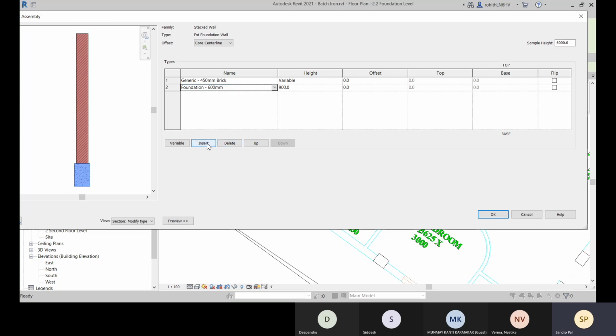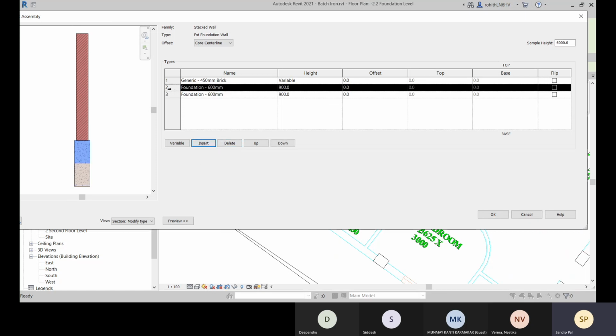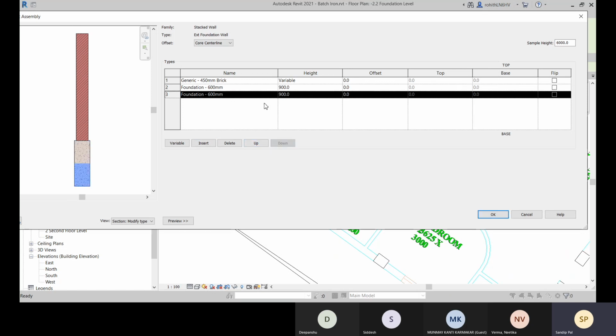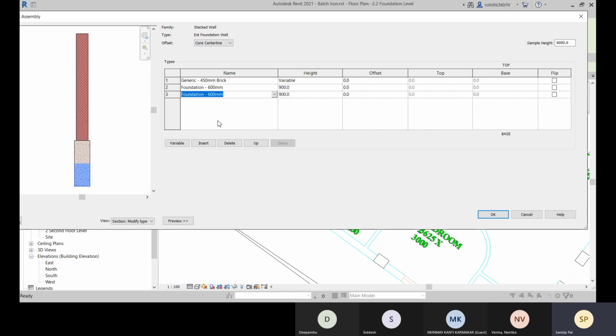And now let me insert another. Okay, so this way you can add another subwall. Click on this insert and where it will be placed, select it and it will go up or down, go for down. And now let me change it to 900 mm. Okay, so this is the 900 mm thickness. What will be the height now? All right, so for this, let me give height 450 mm, and for this let me give height 600. All right, so that is placed and that is created.